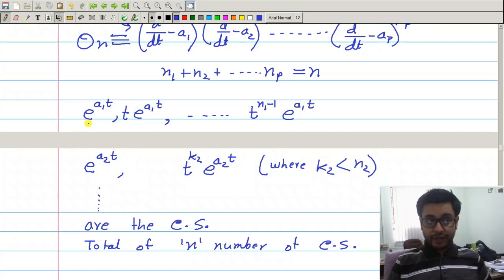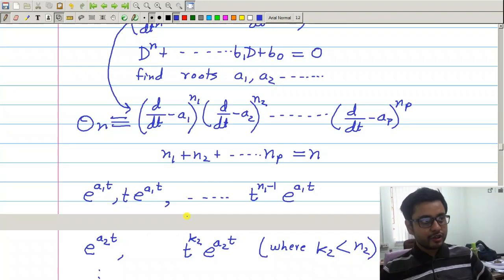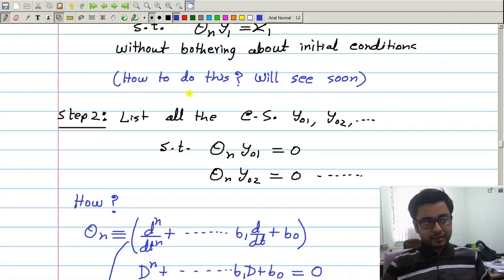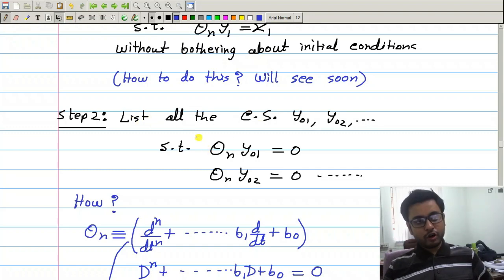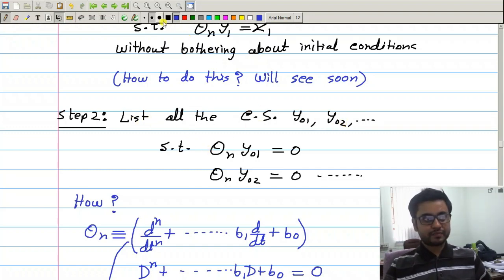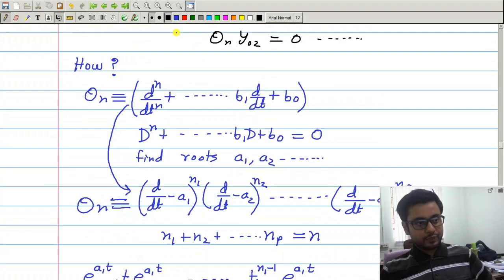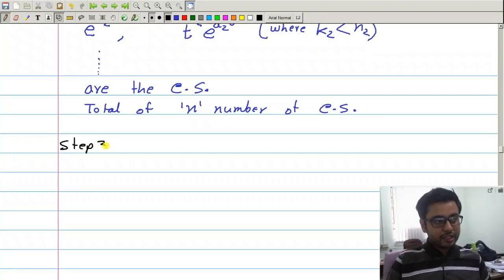That is also what we have seen yesterday. So in this way we can complete our step 2, that is, we can find the list of all complementary solutions. Now step 3, you should recognize here that